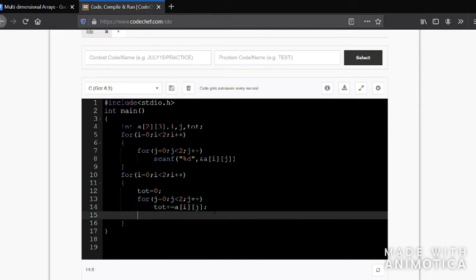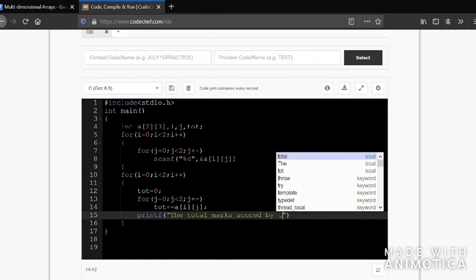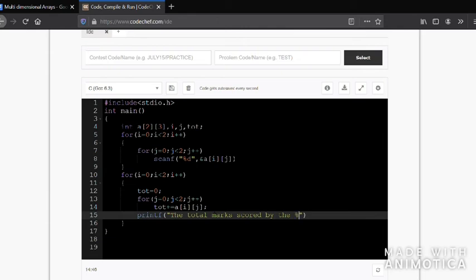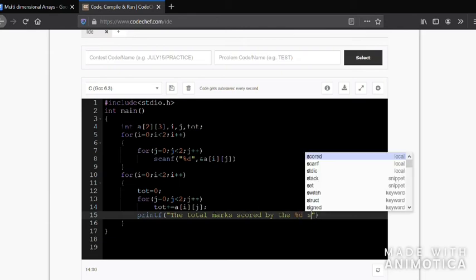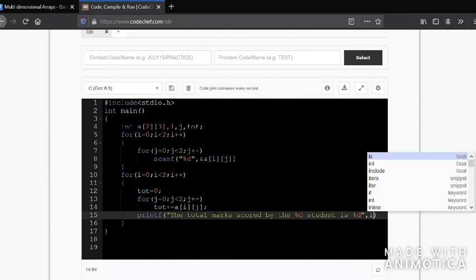So this one comes printf the total marks scored by the student modulo D is modulo D. Now you give the value, that is I plus 1.